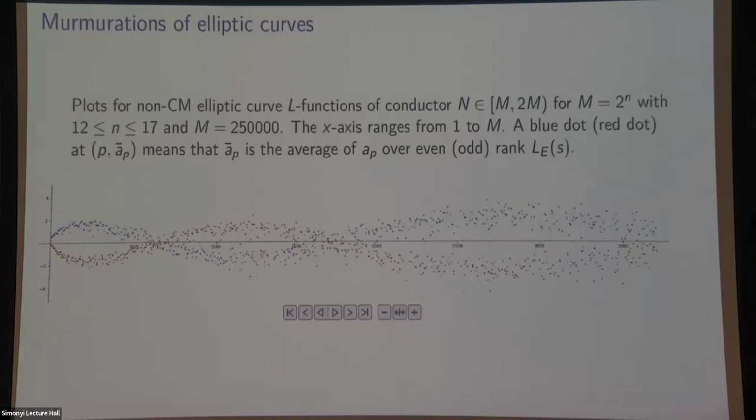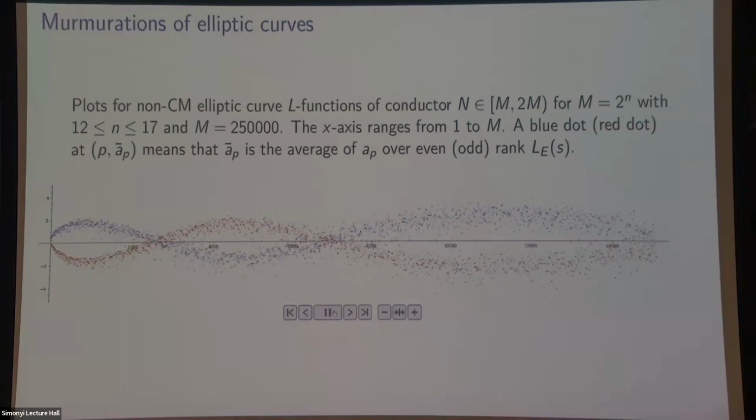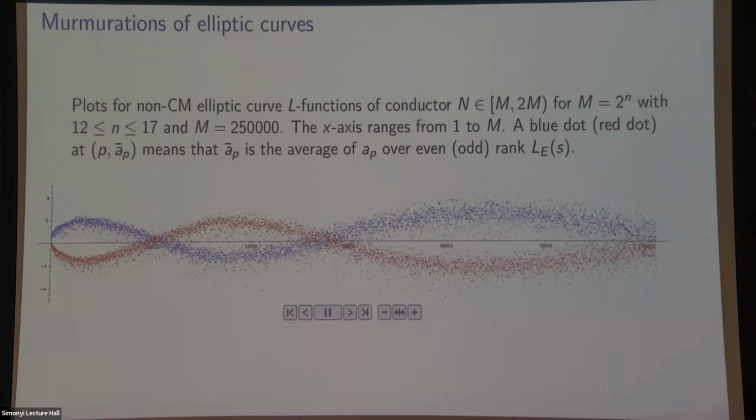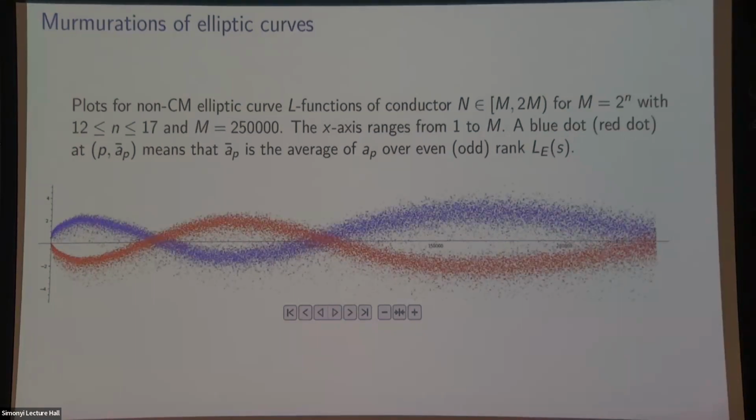And then I'm going to compute this murmuration diagram with blue dots and red dots, just as we saw in the murmurations paper, and making M as big as I can. Okay, so let's go ahead and play this. In each interval, M is doubling, and so our flock of elliptic curves is growing, but they stay very much in formation.